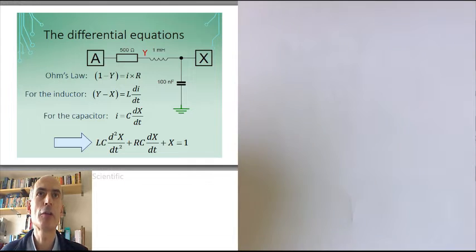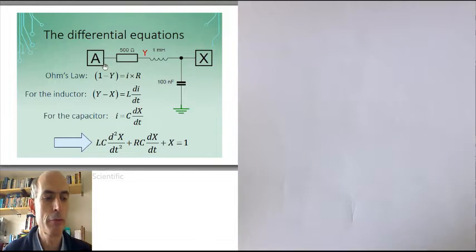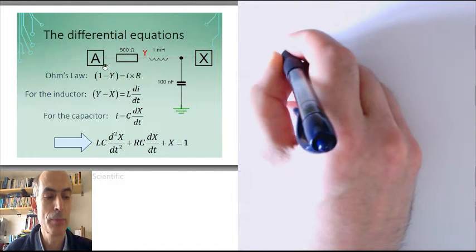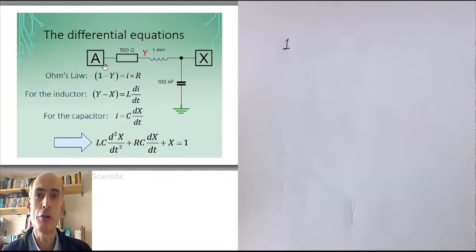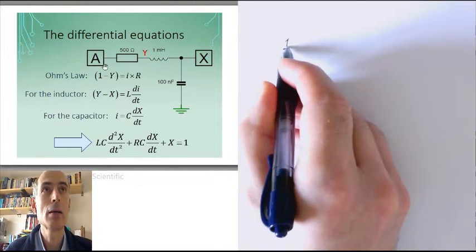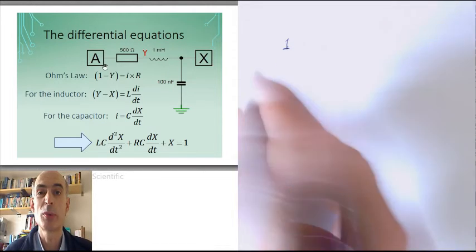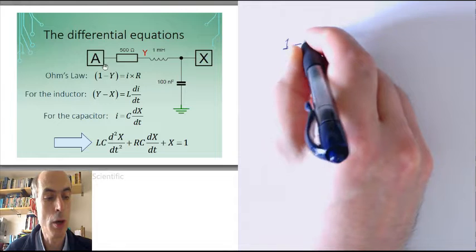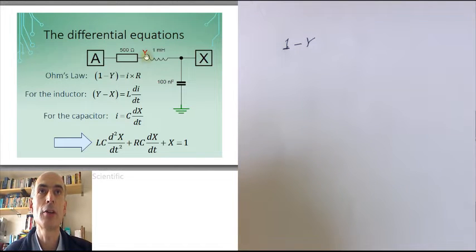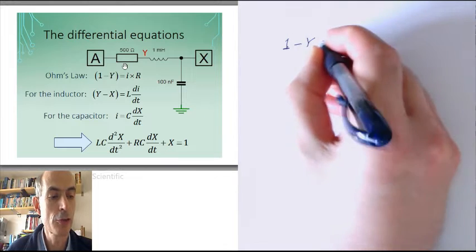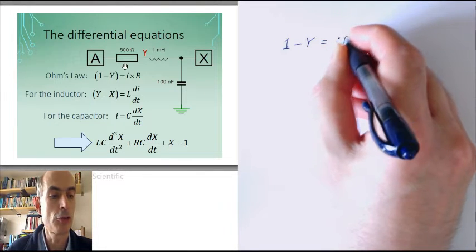And for the configuration which we've previously used to illustrate the low-pass filter, we can write the equations using techniques of nodal analysis, looking at the resistor here, applying Ohm's law to the resistor. A, which is the input, is going to be a value of 1 for all times of interest, because we're not really interested in times before the step arrives. So A is going to be equal to 1 for all of the times that we're interested in. A minus Y, where Y is the voltage at this point in the circuit here, is going to